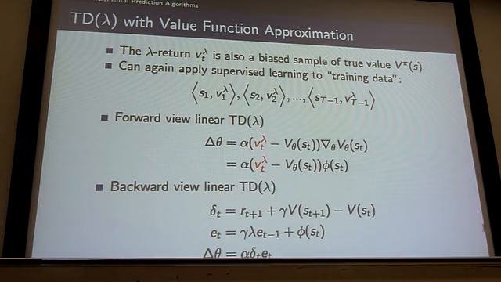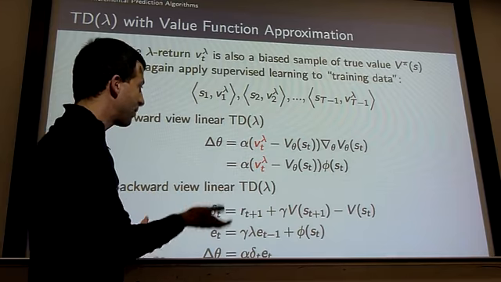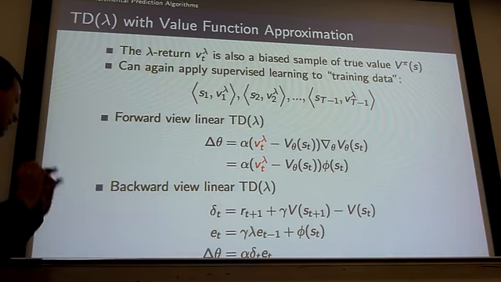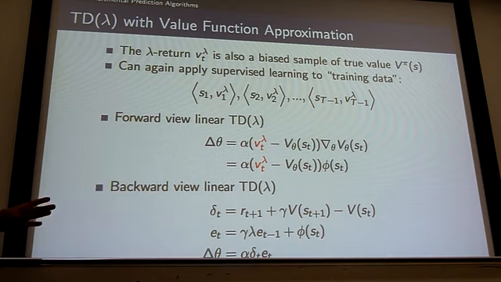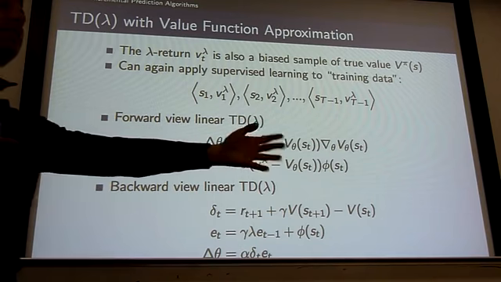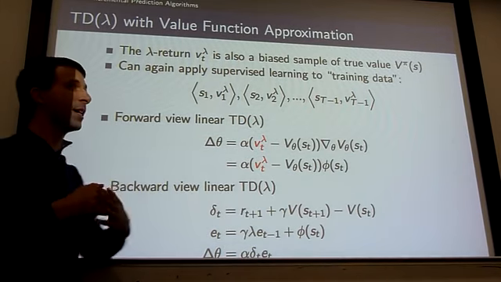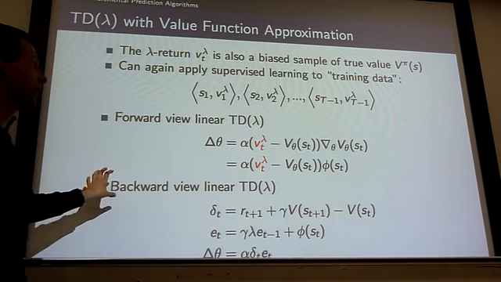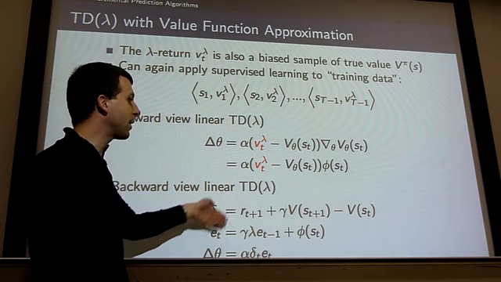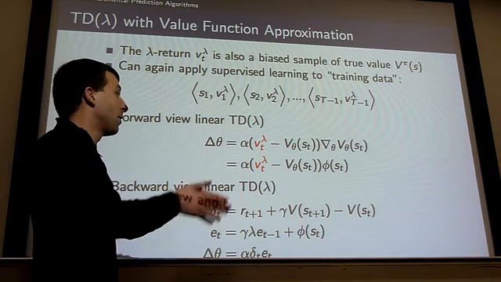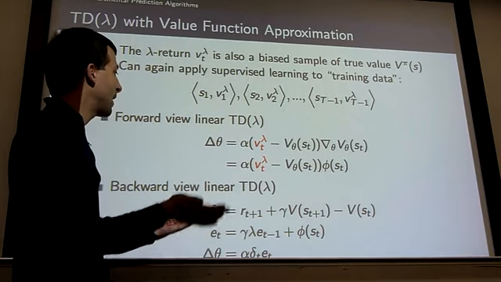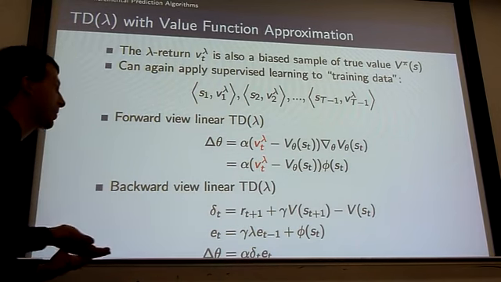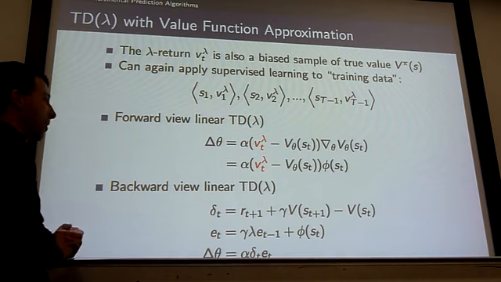And for the backward view for linear TD lambda, I'm just going to tell you without proof that the forward view and the backward view are again equivalent, just as we had in the table lookup case. They're equivalent if you update offline, if you accumulate all your updates throughout the course of your episode, and then do those updates once at the end of your episode. Then the forward view and the backward view are equivalent. And so this gives you this mechanistic viewpoint where, without looking forward in time, we can at each step just do a very simple update and do a TD lambda update. And we can do that again with linear function approximation. It looks just like the TD lambda algorithm, except